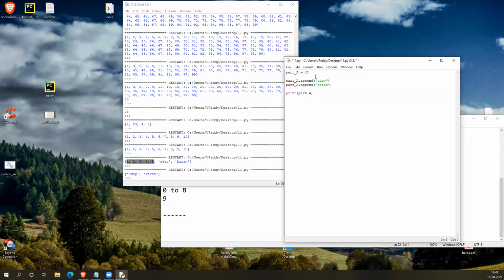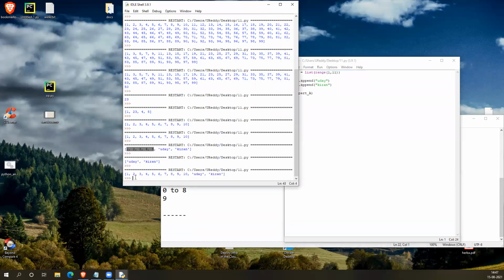Let me use list of range of 1, 11. So I will get elements 1 to 10. After 1 to 10, my return is added. So if I add one more element, it will add at the end.